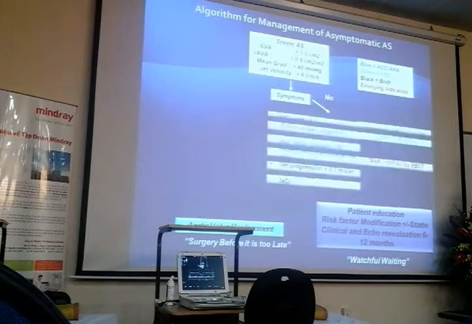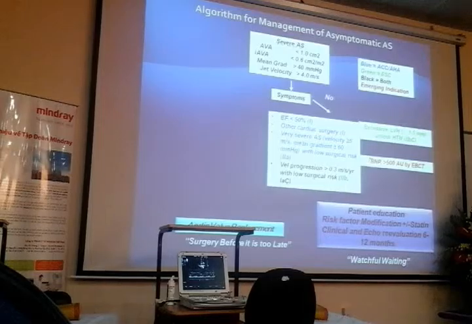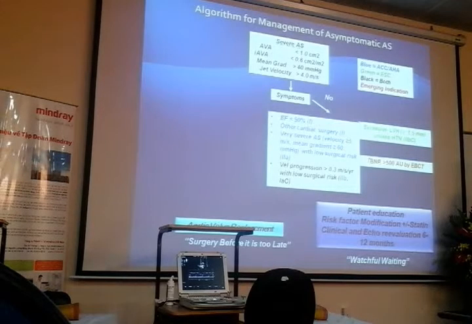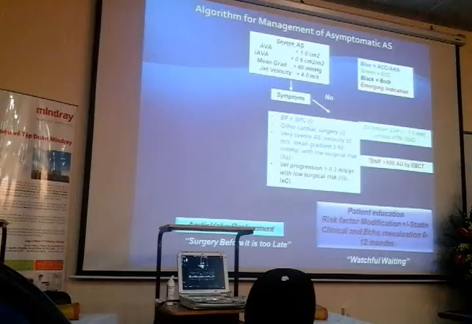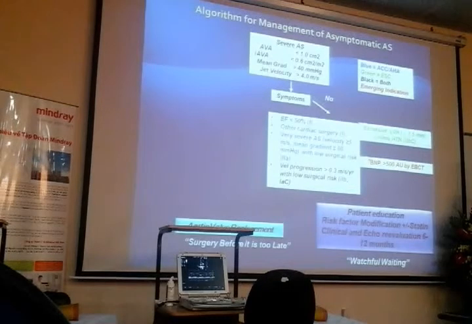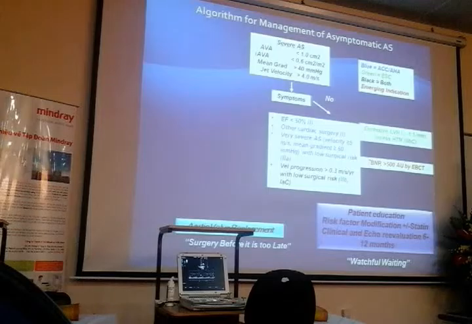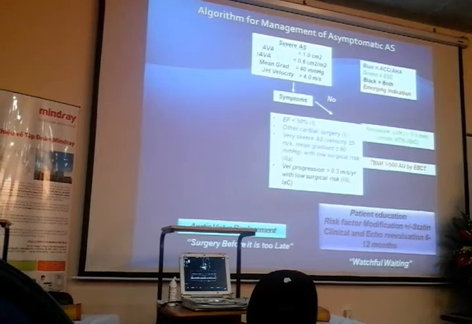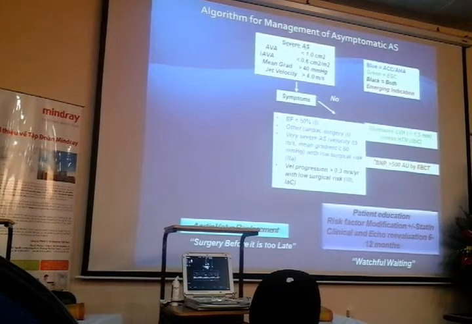If the patient does not have symptoms, then we look for markers of poor prognosis. That includes a low ejection fraction. If the patient is going to cardiac surgery for other reasons, then we may intervene. If they have severe critical aortic stenosis, which is a velocity of more than 5 meters per second, or a progression of their increase in velocity of more than 0.3 meters per second per year, in combination with low surgical risk. And then our colleagues in Europe use excessive left ventricular hypertrophy, unless there's hypertension, as another marker of poor prognosis. And in the future, I believe we will probably be using the BNP, brain natriuretic protein, as well as